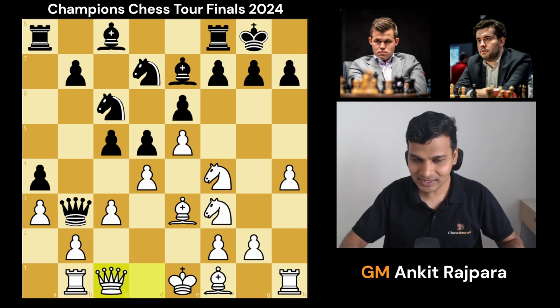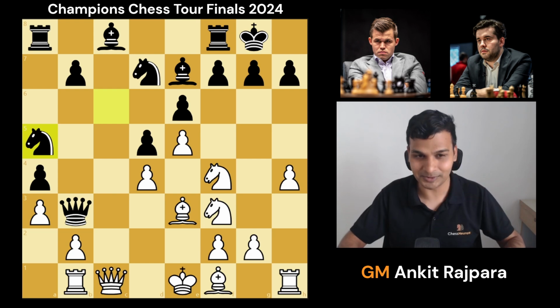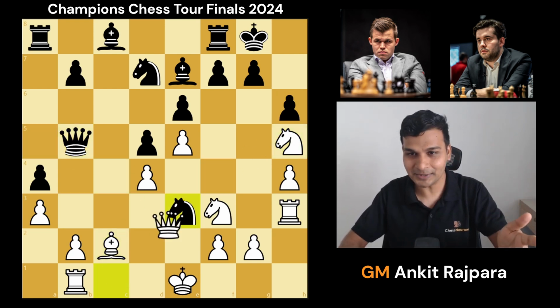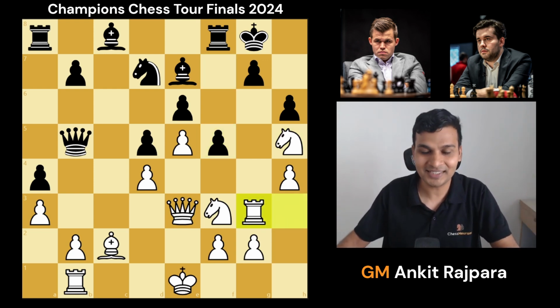And once again, after that, he continued with the simple and most important principle, that is bringing more pieces into the attack. He brought the bishop. He brought the rook. And then he improved that knight's position to put further pressure. Then the queen was there, the rook was there. Then the game was over. So, a really nice attacking